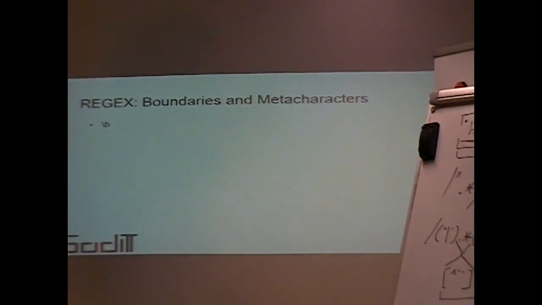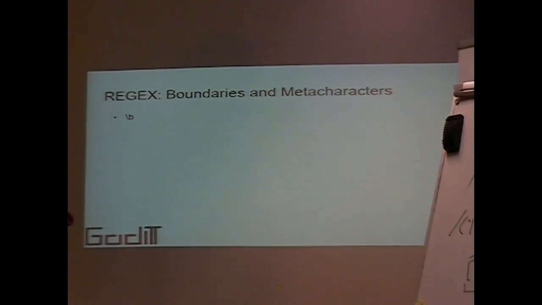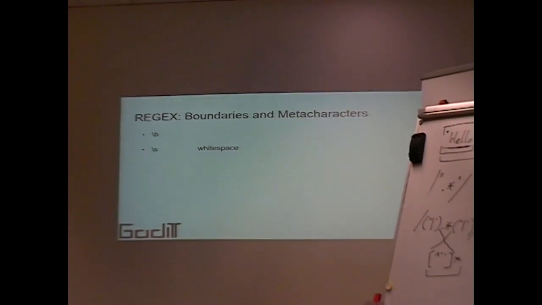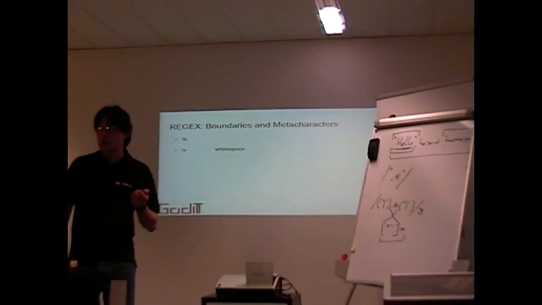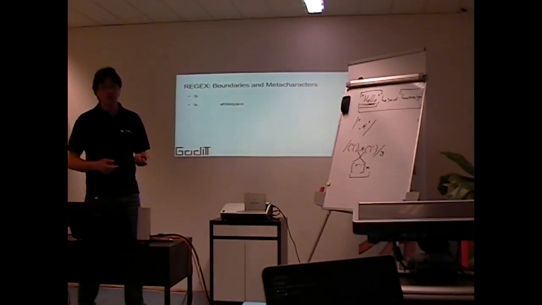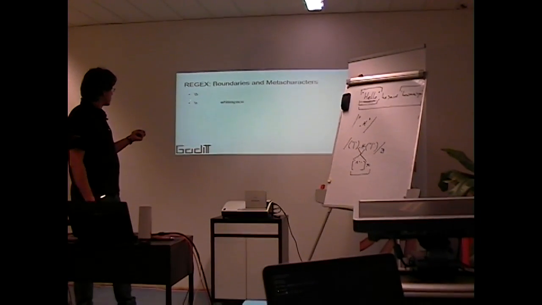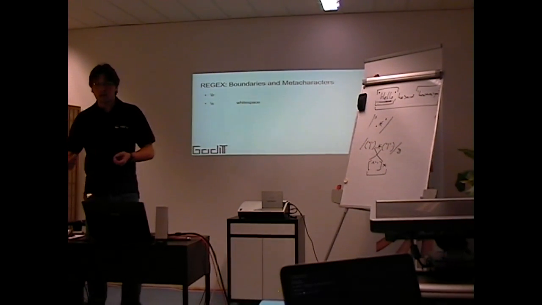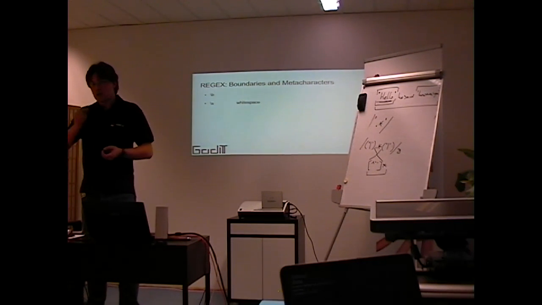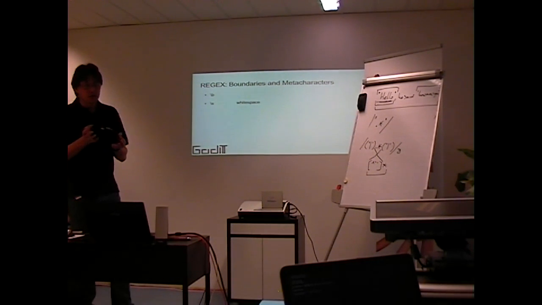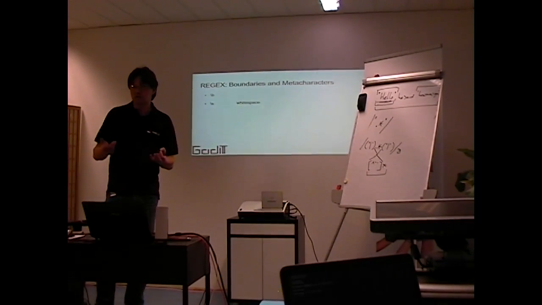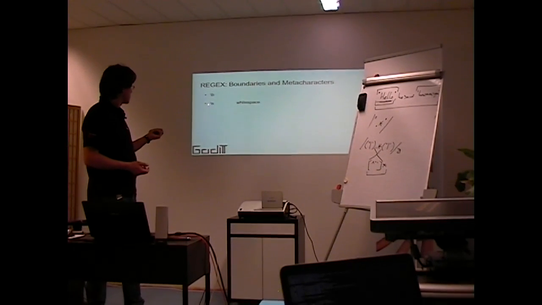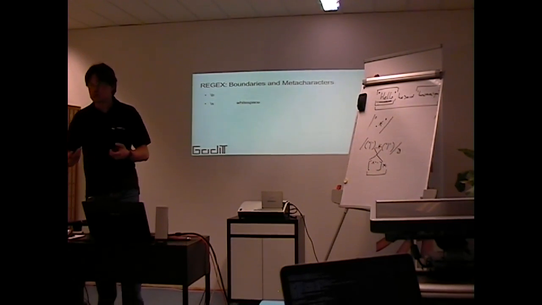That's the most important boundary that we get. So it's the only one I'm going to discuss here. The rest I'm going to discuss are meta characters. What I mentioned earlier with the postal code, the space, you can use a \s. Why would you do that? It's clearer that there is a space. If you type two spaces in a proportional font, it's hard to see that you typed two spaces. So using the \s makes it clearer that you really mean a space